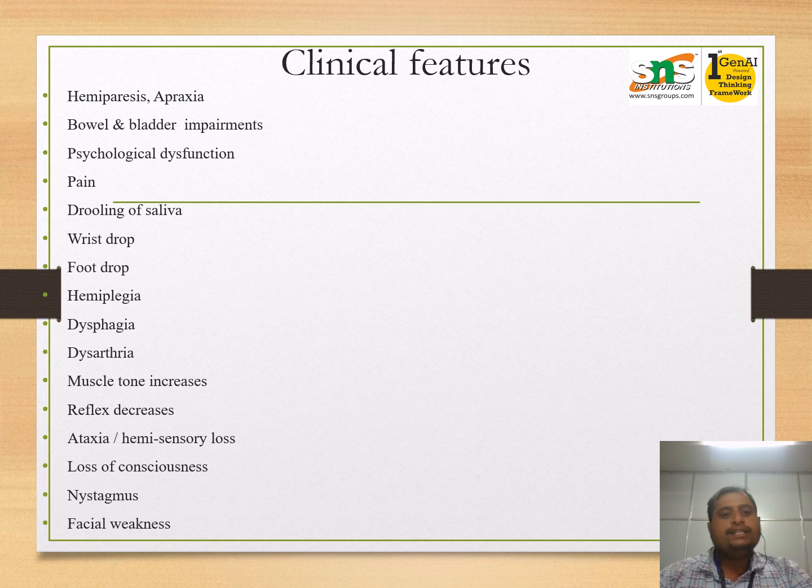What is the difference between hemiplegia and hemiparesis? Hemiparesis is a mild power change at the motor level, but in hemiplegia, the patient won't get any power; the MMT will be 1 minus or 0. The muscle tone will increase according to the Brunnstrom classification. Then the reflexes increase, ataxia and hemisensory loss will be there, and loss of consciousness will be there. The patient will sometimes have a stare, and the patient will also get weaker due to that.